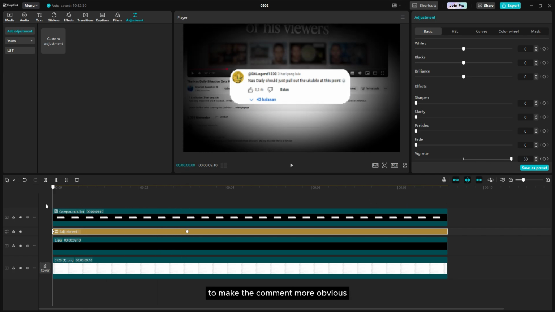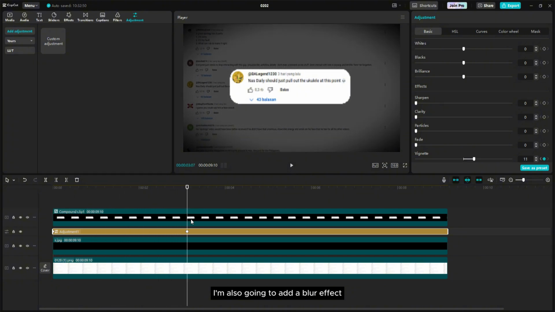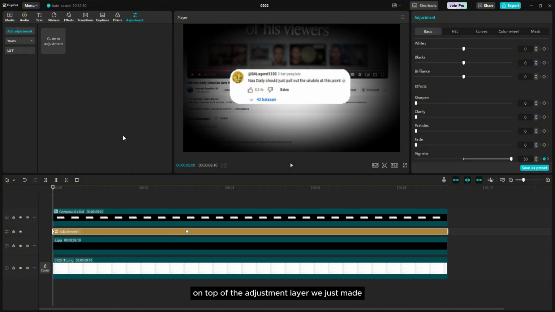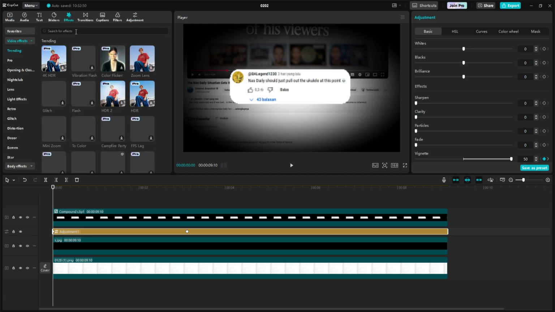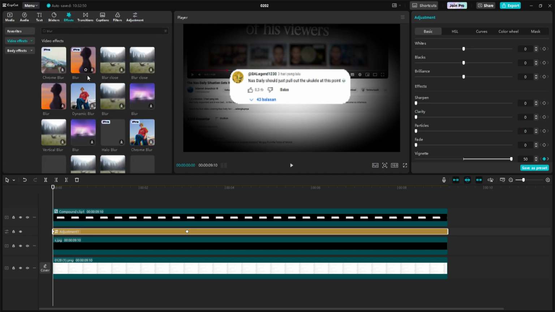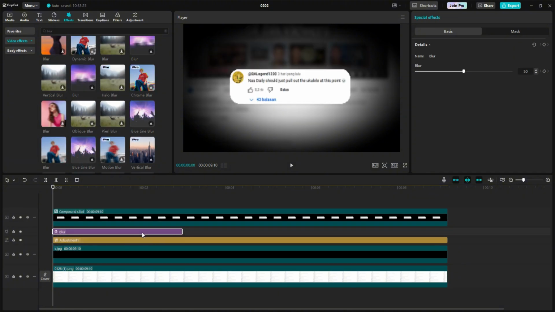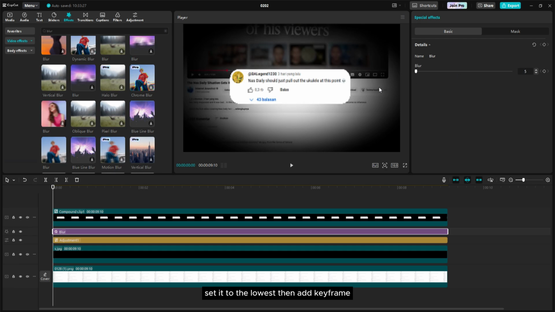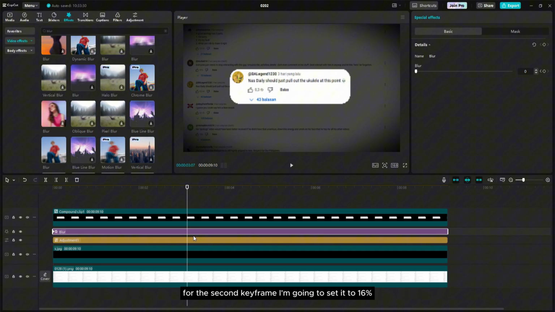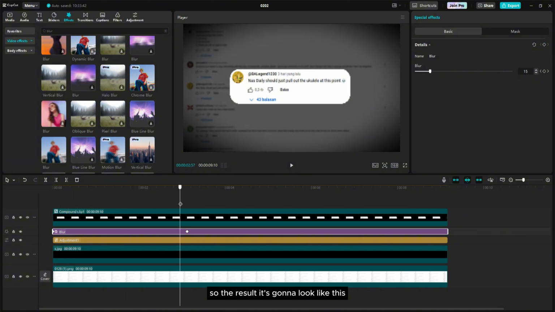To make the comment more obvious, I'm also gonna add a blur effect on top of the adjustment layer we just made. Set it to the lowest, then add keyframe. For the second keyframe, I'm gonna set it to 16%. So the result is gonna look like this.